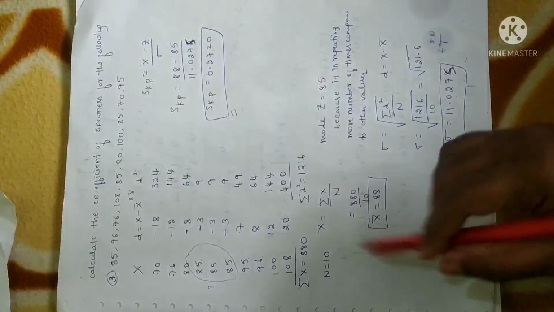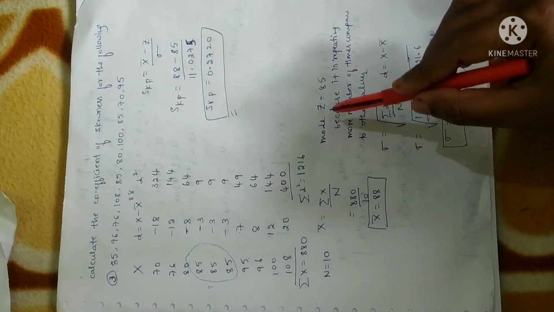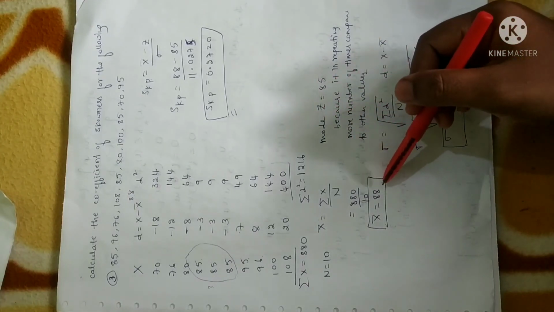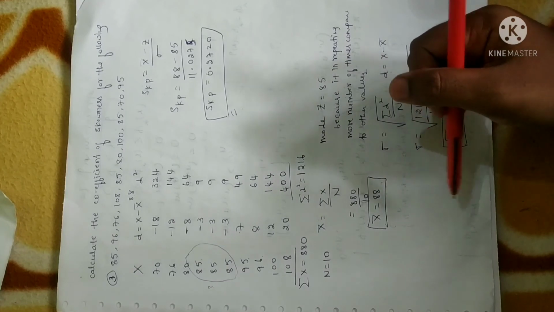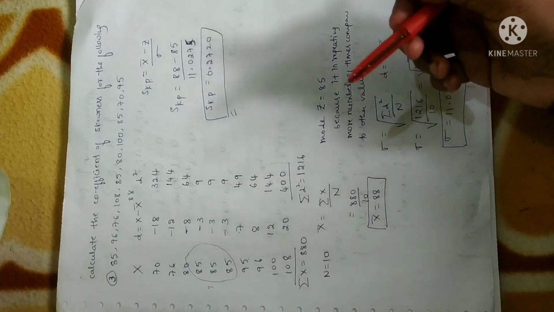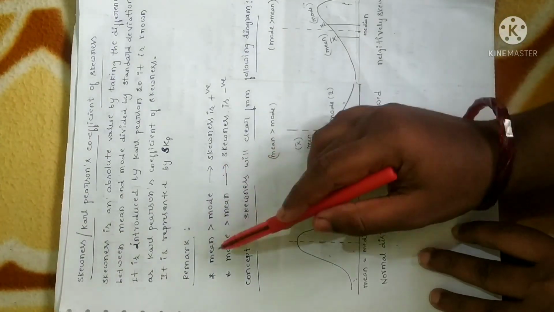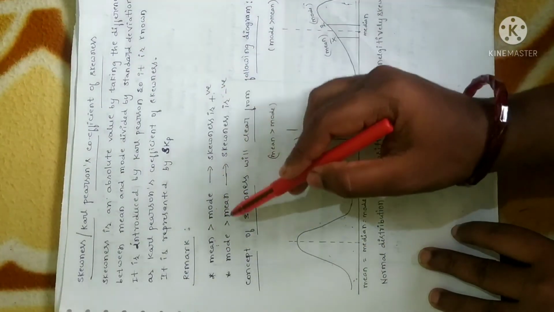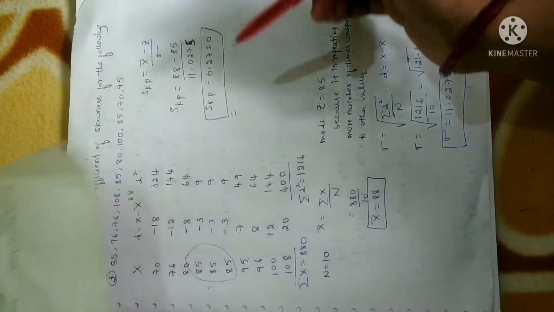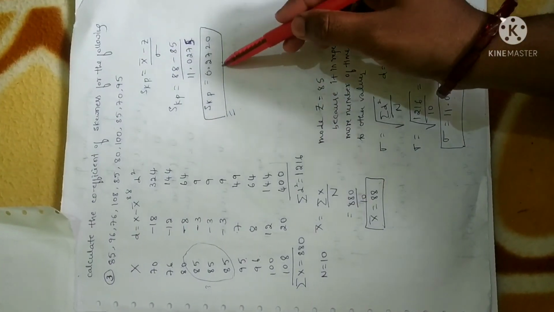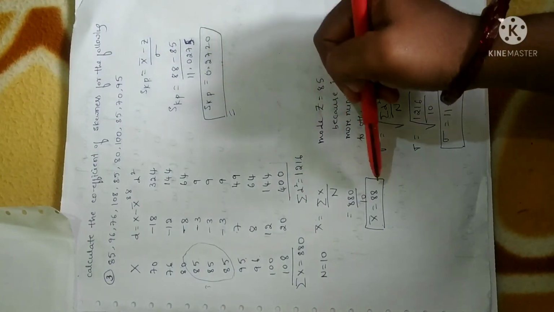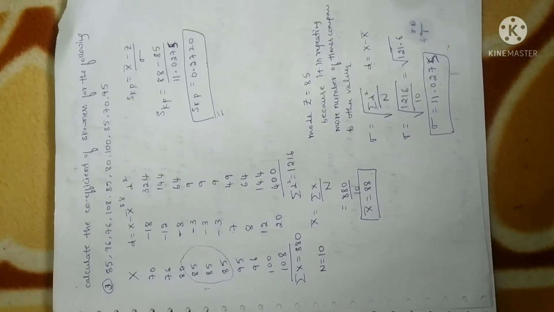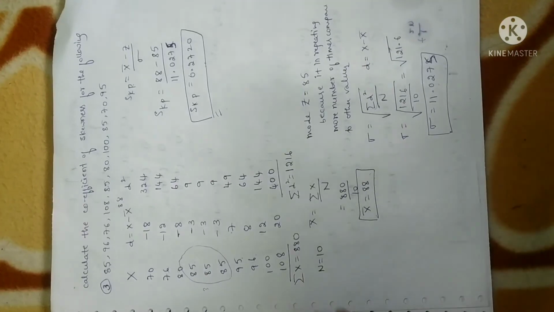Why? Because you can note that here the mean is 88 whereas mode is 85. So among these two, mean is the highest value, right? So whenever you have highest mean value, you will get positive skewness. I have written it in the note clearly. So mean is greater than mode. That is, if you have mean value highest, you will get positive. If you have mode value highest, you will get negative. So that is what the skewness is. So you have obtained positive value as mean value is highest compared to mode value. So I hope you understand this concept.